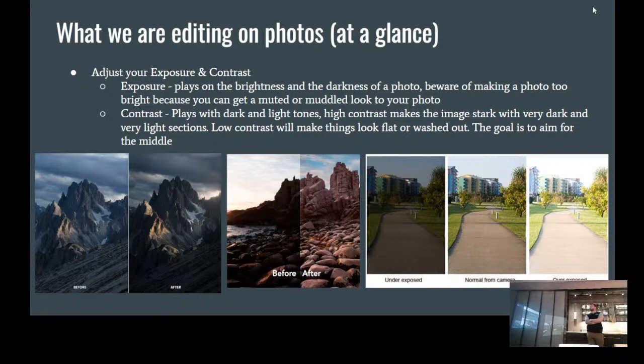If we look at the before side of the image all the way to the left, we can see that by playing with the contrast, we can get something that has more dramaticism to it on the after side. You see more shadows, more variation in shadows, a stronger highlight when it comes to the way that the light is hitting the mountains, just more of an interesting image overall. Whereas when we look at the center image, it's a great picture, you're very dark on one side, but by playing with both exposure and